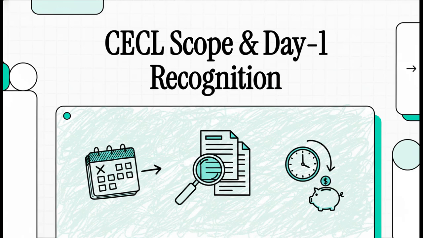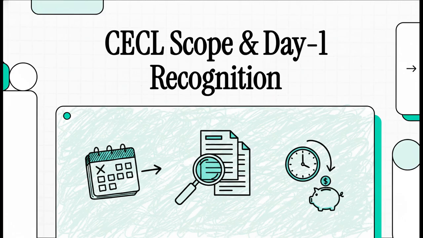Welcome back, everyone, to our ongoing explainer on the CECL model, ASC 326. Now, if you are with us for the first section, you'll remember we talked about the absolute seismic shift in accounting that happened after the 2008 financial crisis. We fundamentally moved away from the old incurred losses model, where we basically sat around waiting for things to go wrong before recognizing a loss,